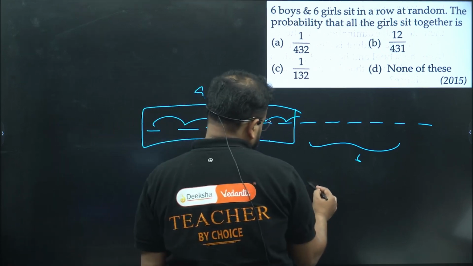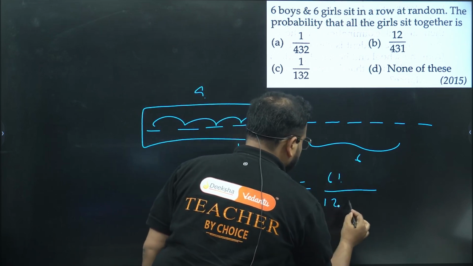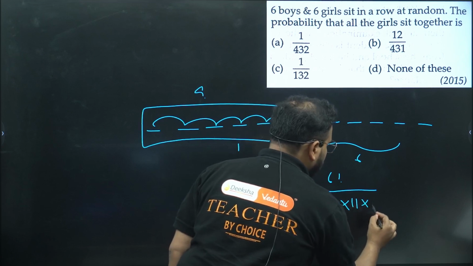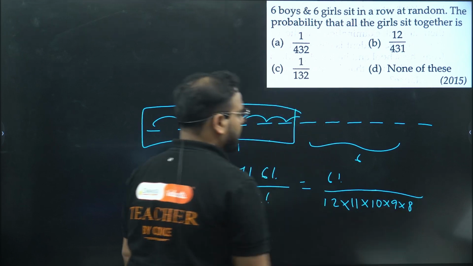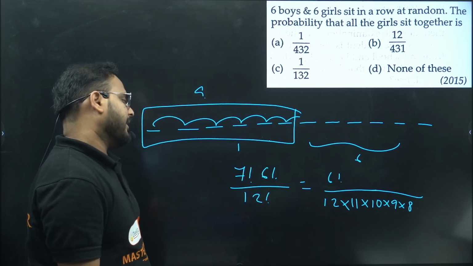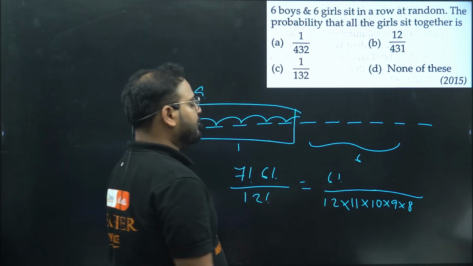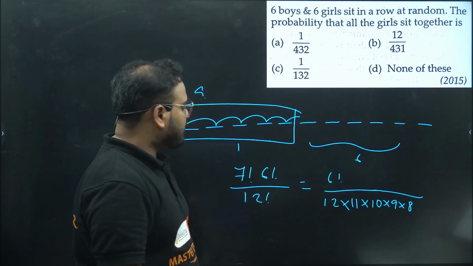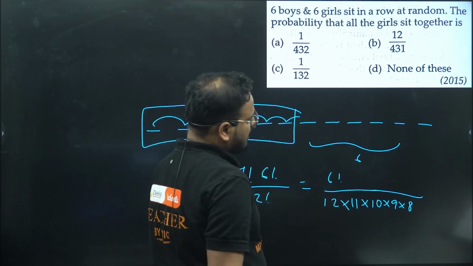If you solve this, you'll have the answer as 6 factorial times, you have 12 into 11 into 10 into 9 into 8, right? Because we've cancelled till 7 factorial. 12, 11, 10, 9, 8. We have over here 6, 5, 4 factorial is 24. 3 factorial is 6. 4 factorial is 24. 5 factorial is 120. And 6 factorial is 720. If you cancel this, you'll have the answer again.